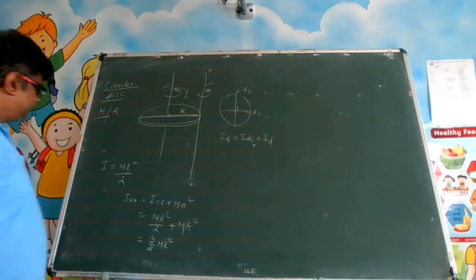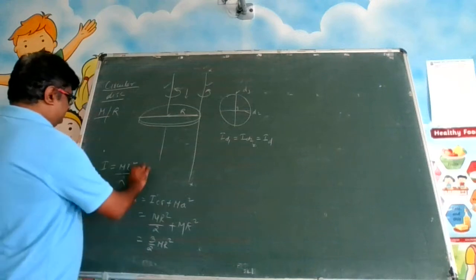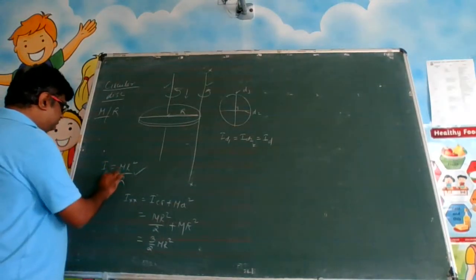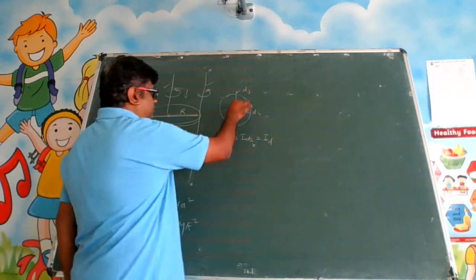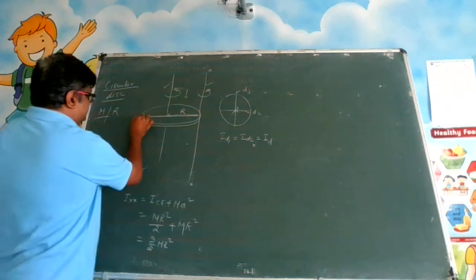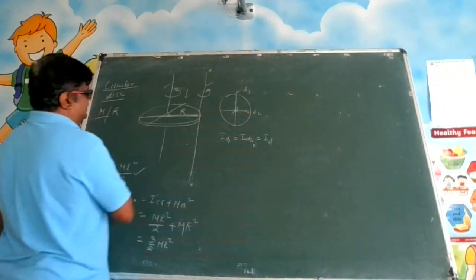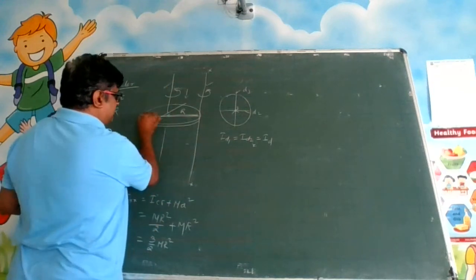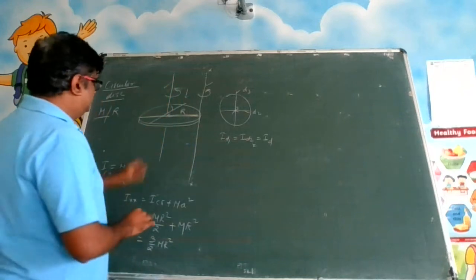Okay? Now you see this. Now this CG formula, what we have, this formula is there, no? This is about the CG. This CG, how is it looking? This is perpendicular to the diameter. It is perpendicular to the board. You see, this is one diameter. This is another diameter, let us say. This axis is perpendicular to this diameter. This axis is also perpendicular to this diameter.